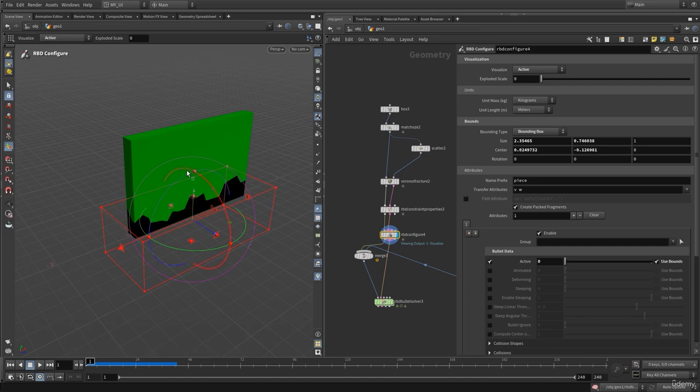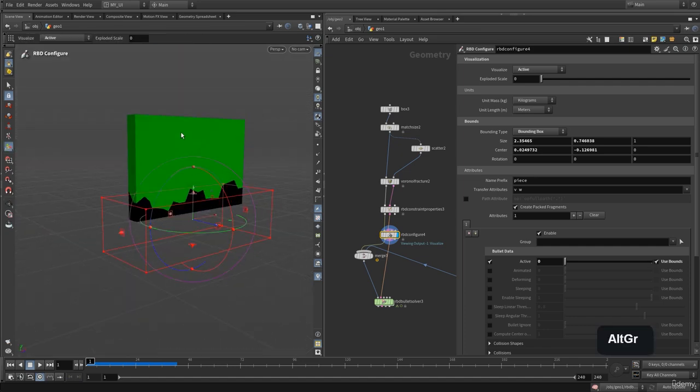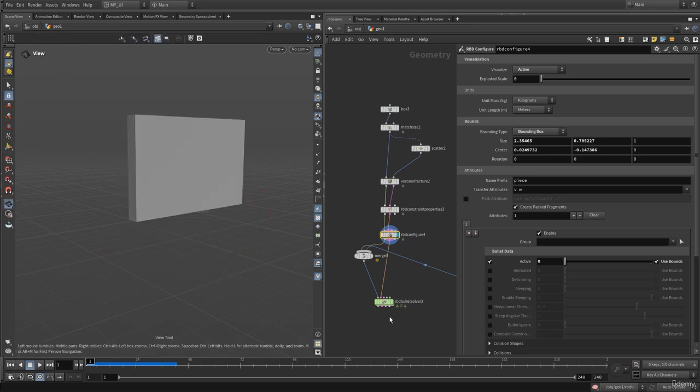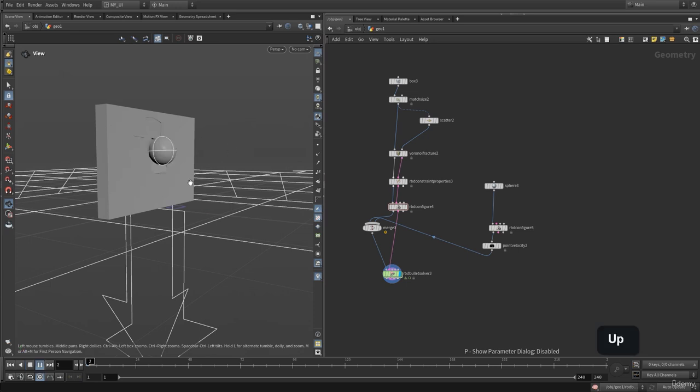Now all of the geometry that is outside of the bounds is going to be active, and in the bounding box we have the black pieces. These blacks mean that now they are not active. They will still act as a collider, they will still be in this simulation, but they will not be affected by any forces, which means I can go into the bullet solver,